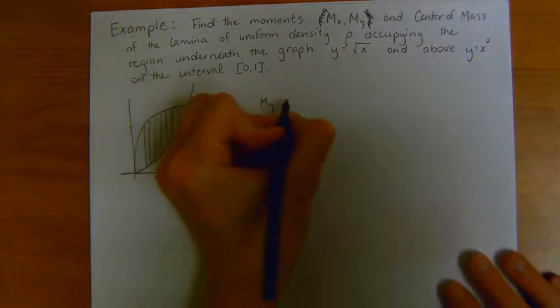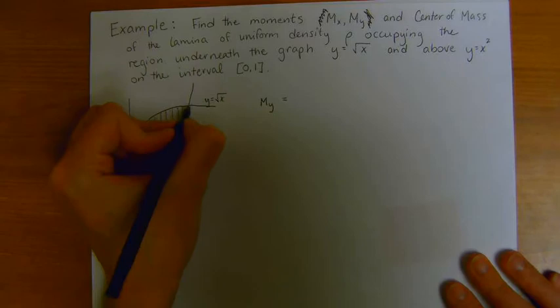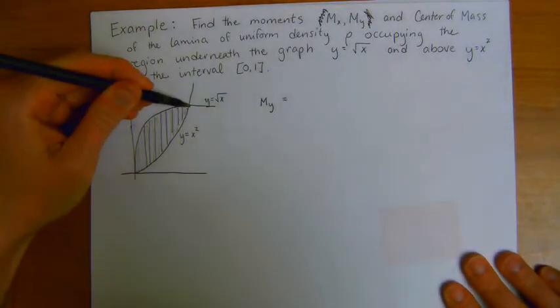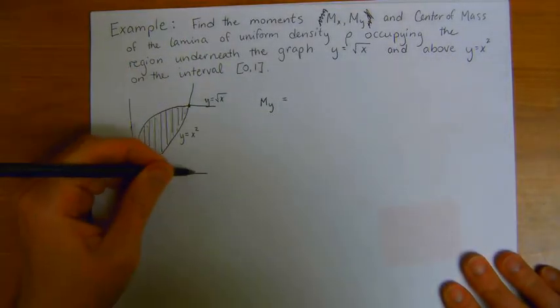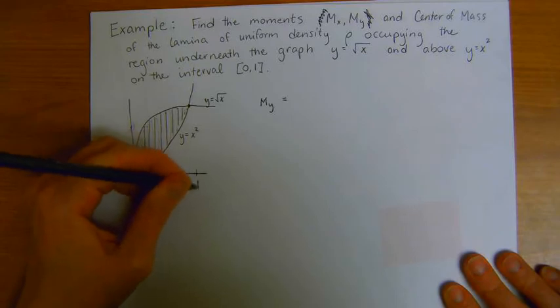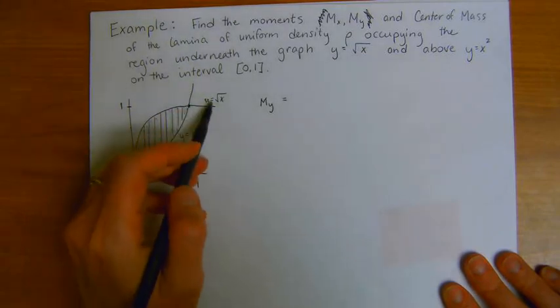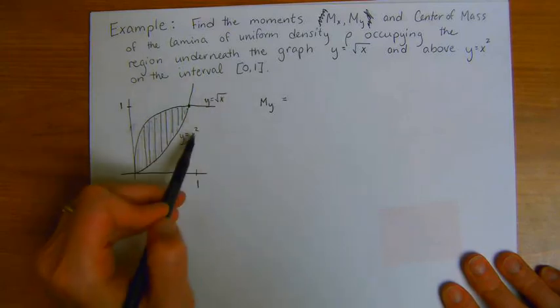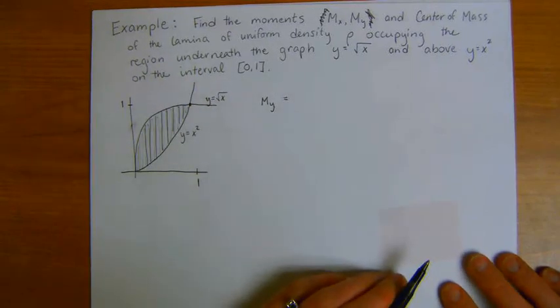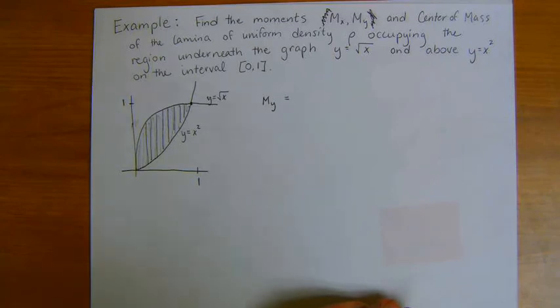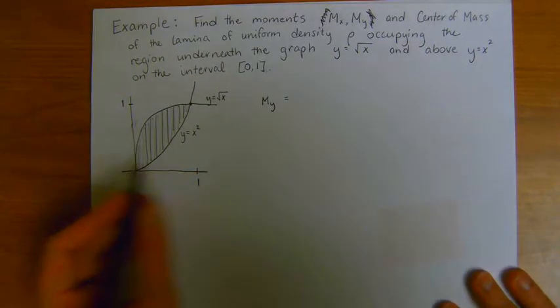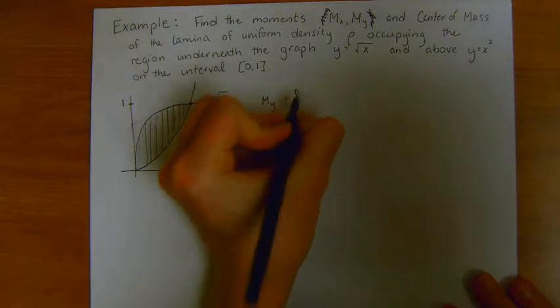Anyway, in this case, maybe we do want to find the intersection point of these two curves, which happens to be at the point (1, 1). That's the place where x squared is equal to the square root of x. You can do some algebra to set those equal, or you could graph them and know that their graphs intersect at (1, 1). So it means that I'm going to integrate from 0 to 1